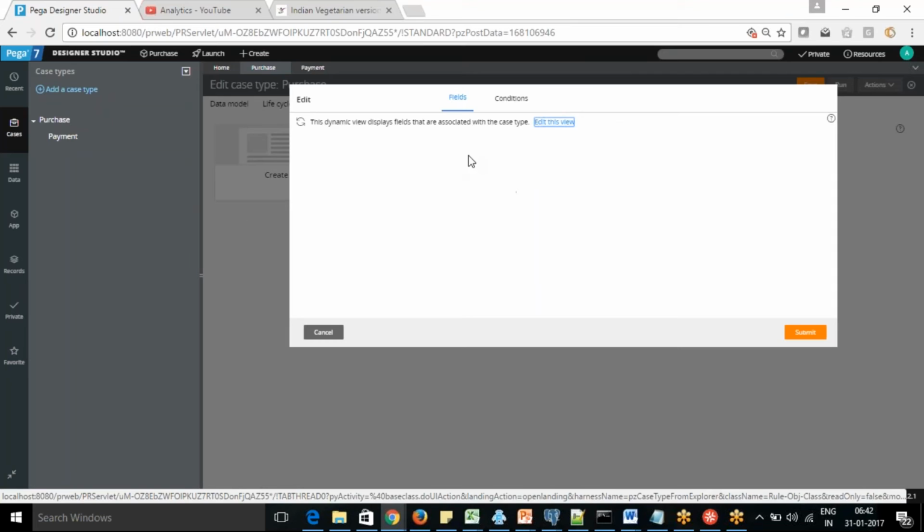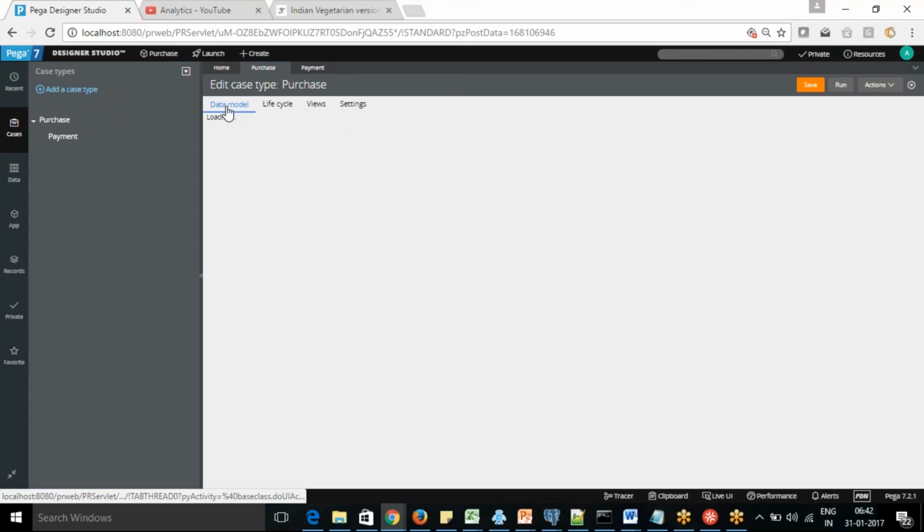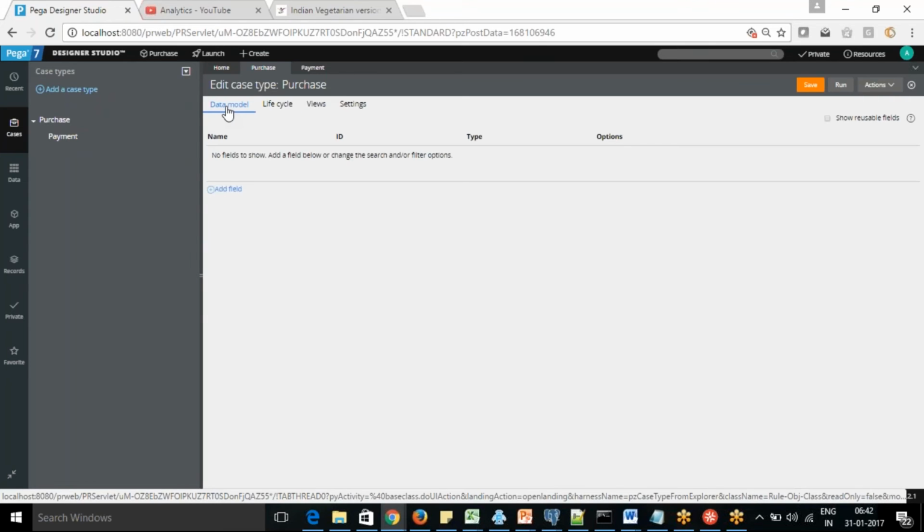There is nothing in this at the moment. The data model we are going to cover later. Currently there is no field associated here. What fields you want will be covered when we cover the data model part of it.